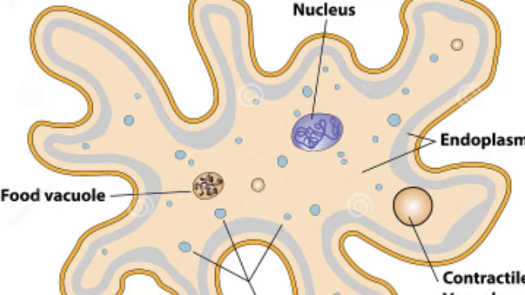Cytoplasm is the jelly-like substance present between the cell membrane and the nucleus. It is a granular, semi-liquid, translucent substance. Various other components such as mitochondria, Golgi bodies, ribosomes, chloroplasts, lysosomes, etc. are found in it.